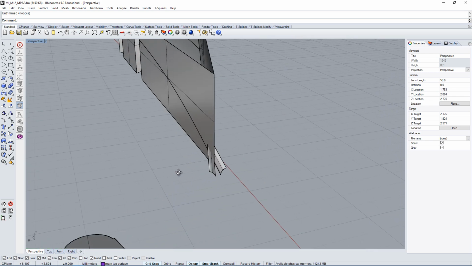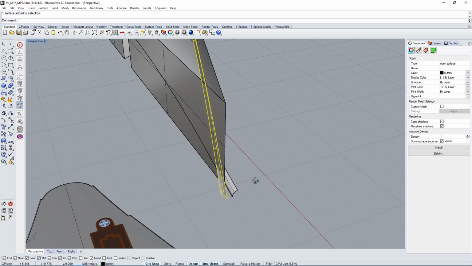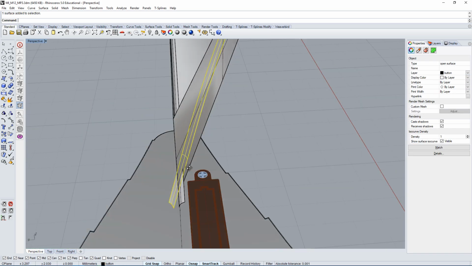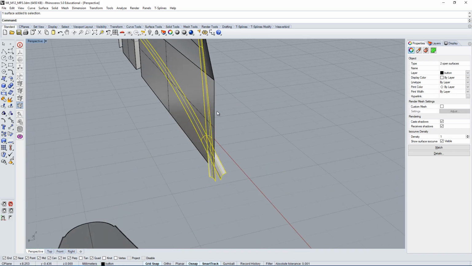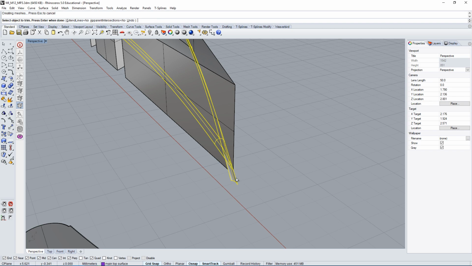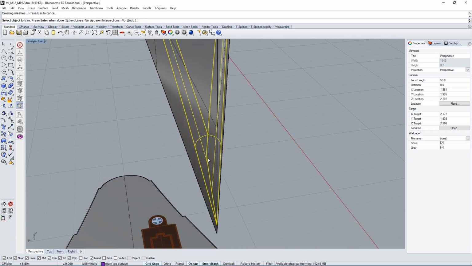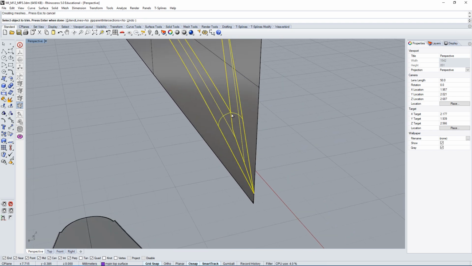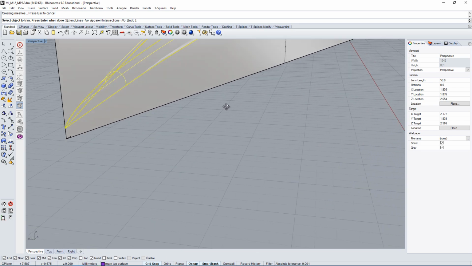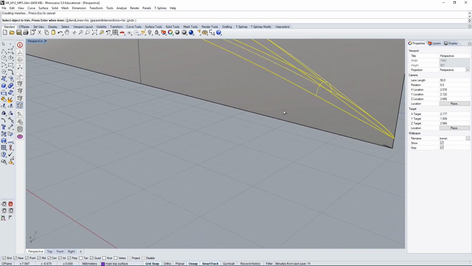The next step I would suggest you do for something like this is start with your fillets. So select both fillets, and type in the trim command or click on the icon, and you can trim both sides of your fillets. And looking at it, you can see there's a different type of edge here, which it might be better, it might be worse. We'll check it out later, but I think it should be okay.